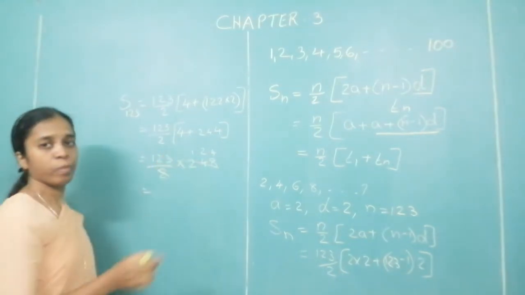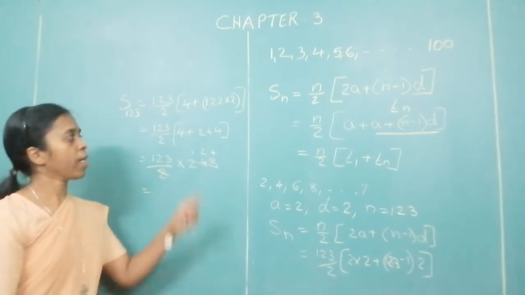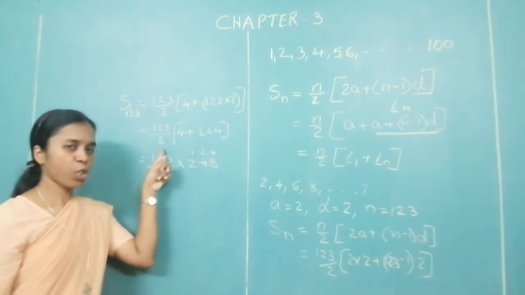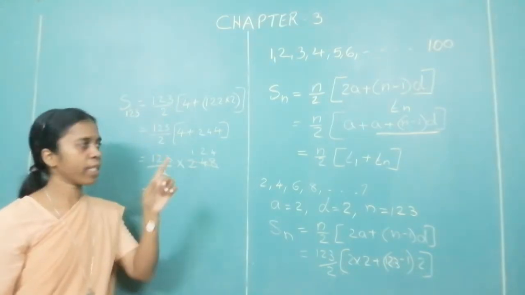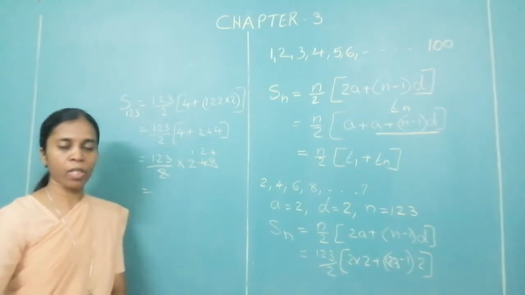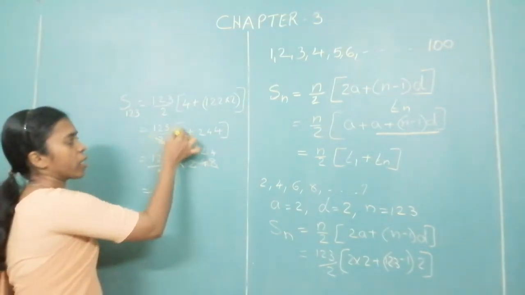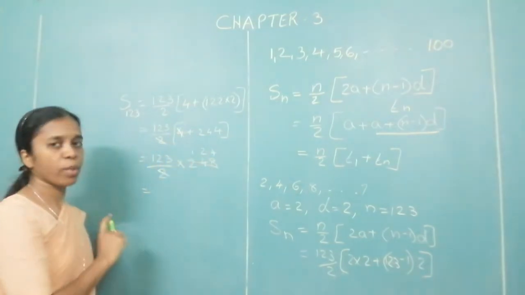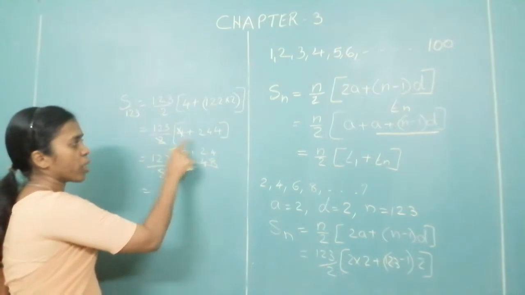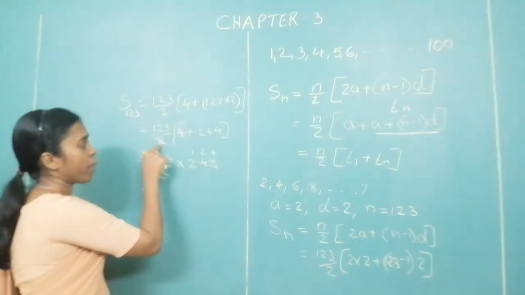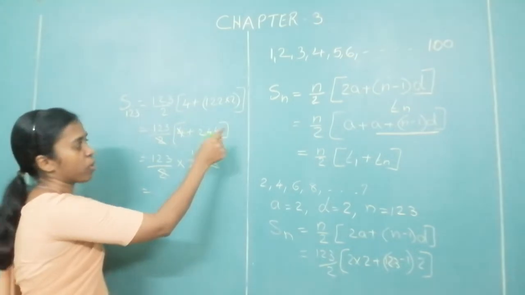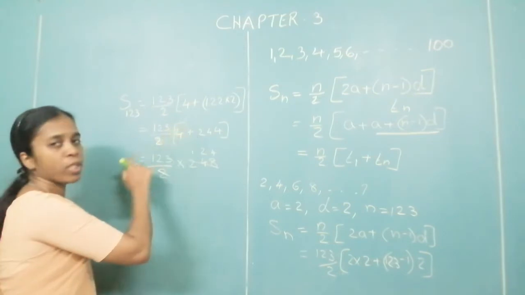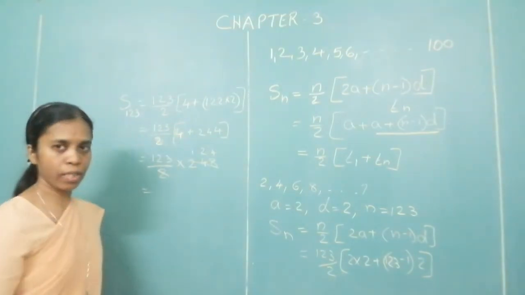Please remember, as you look, you can see this 4 over here. These 2 will not get cancelled with this 4. Please remember, because very often what you do is you cancel like this. You cannot, because there is a bracket. That is why I told you, please put the brackets properly. This 2 is common for both. Means you have to minus this 2 in 4 and this in 4. Therefore, you cannot cancel it like this. Very often this is a mistake that you do. You cannot cancel it.